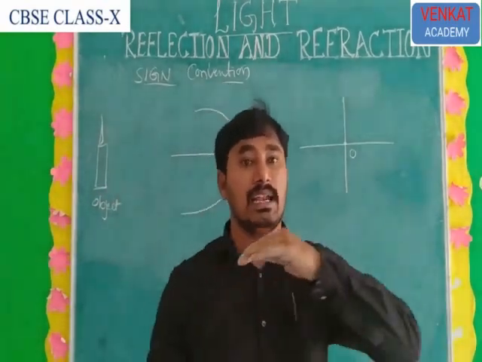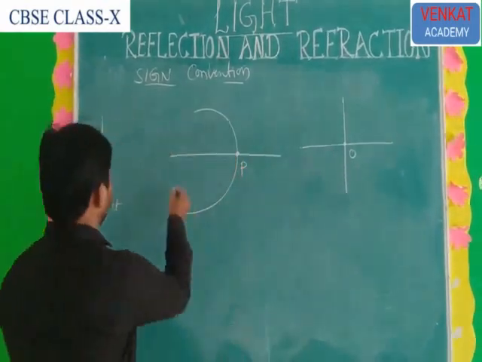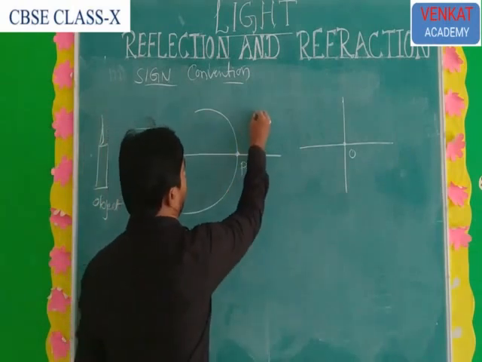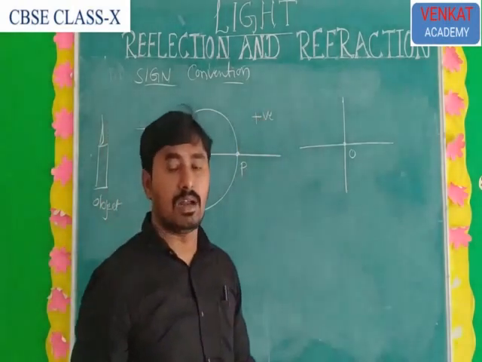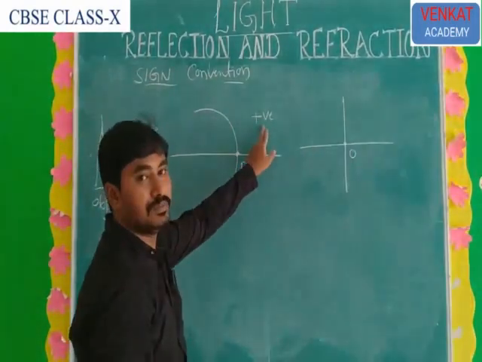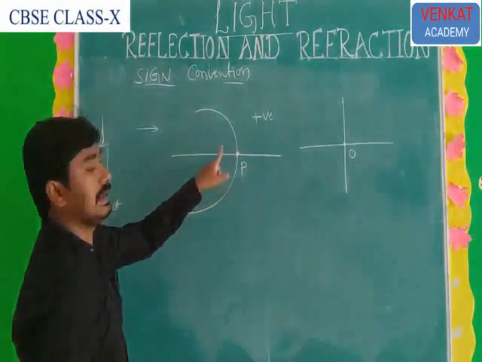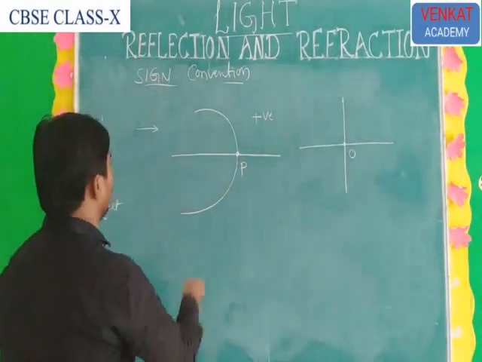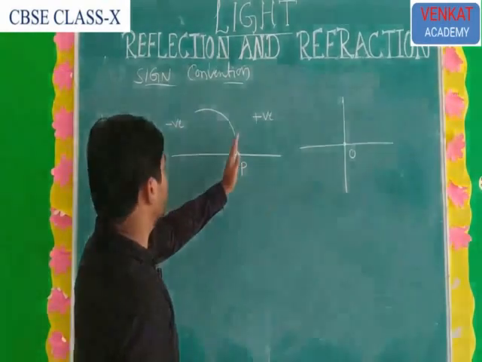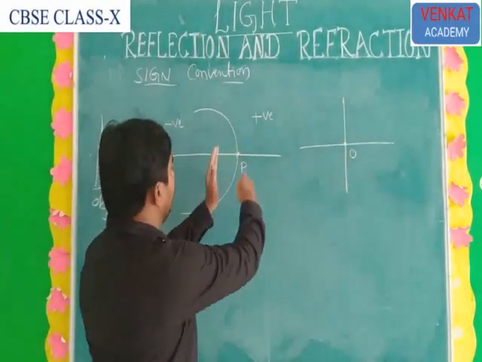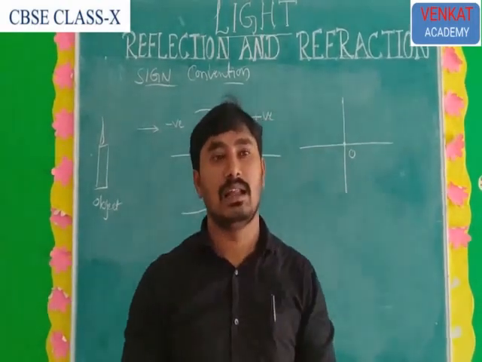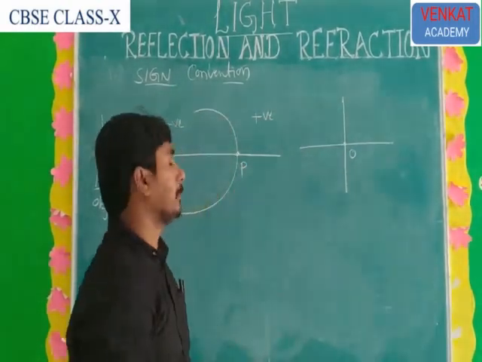Third point: the incident rays direction. This is the direction of the incident rays, and the incident ray direction should be taken as positive. One more important point: the pole right side you have to take as positive, and the pole left side should be taken as negative. So the right side has positive values and the left side negative values, especially in the lateral conditions, meaning the parallel conditions.